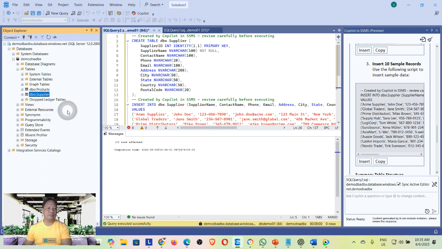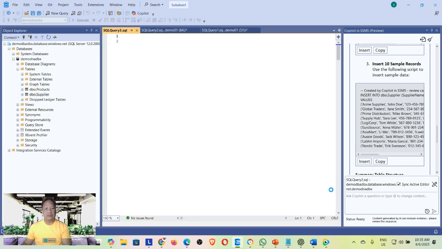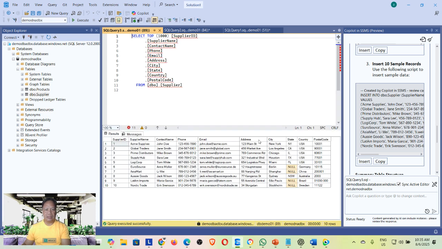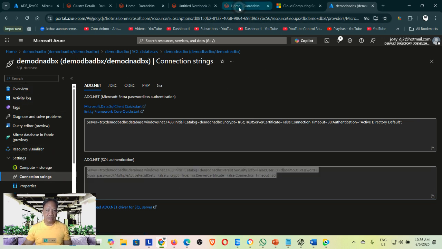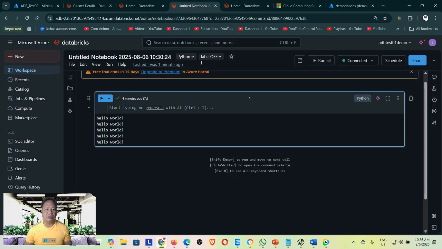So select top 100 rows, and there you go. And we're gonna go back to Databricks right now, and we're gonna copy that connection string from, that's a property of the SQL Azure,